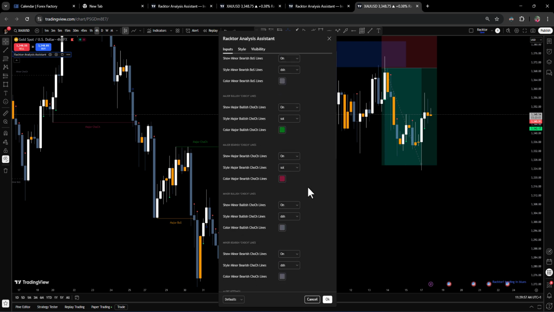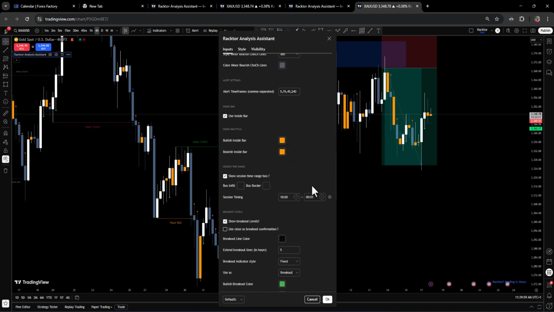Okay, moving on to the next settings here. Now we have our session timing range. Just to show you, we don't trade the Asian session, although sometimes I personally do, but inside the community we exactly don't trade it. Of course, you might be sleeping at the time, especially if you're in Africa or some other part of the world where Asian session is active, but it is not always recommended to trade